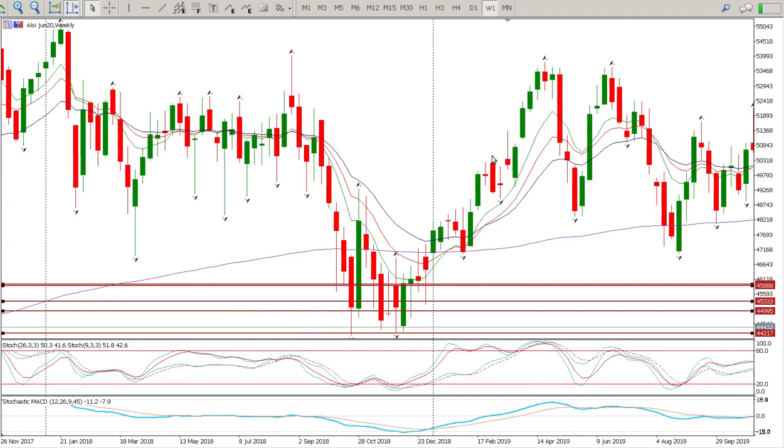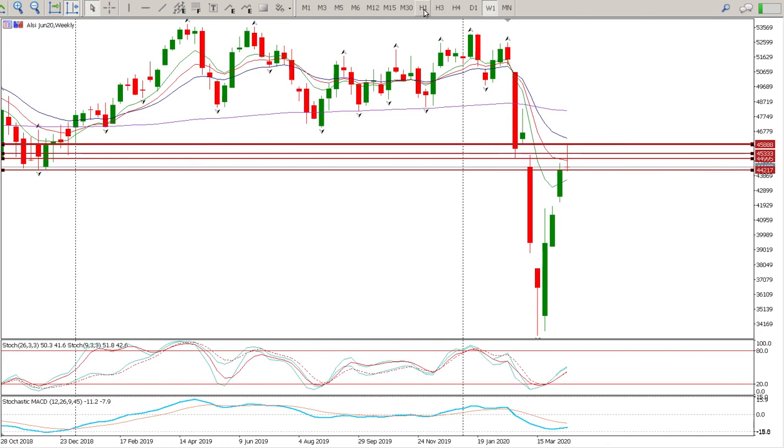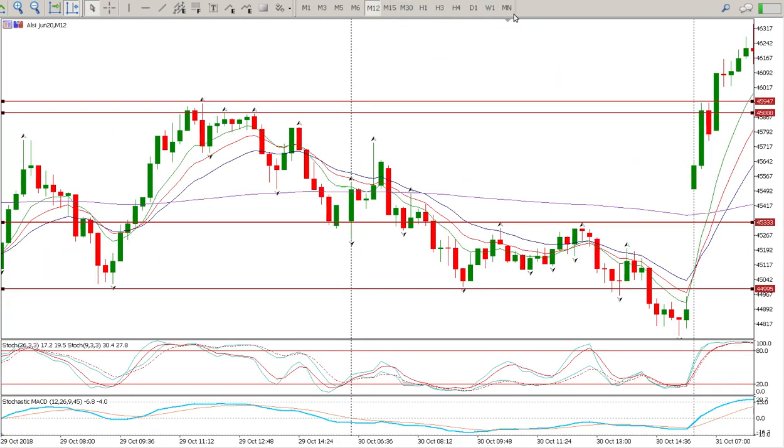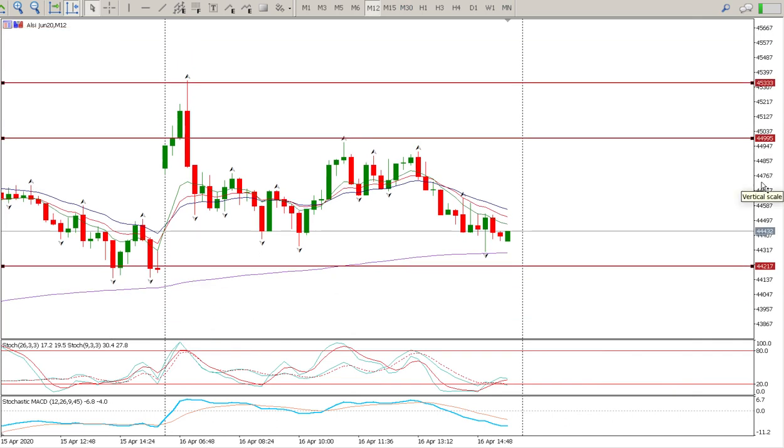And you look to the left, there's a lot of resistance here. Anyway, the hour's not going to help us today. I think that's just going to give us our ranges. If you look at what happened yesterday, even the 12 minutes or the 15 minutes really wouldn't help too much at all.